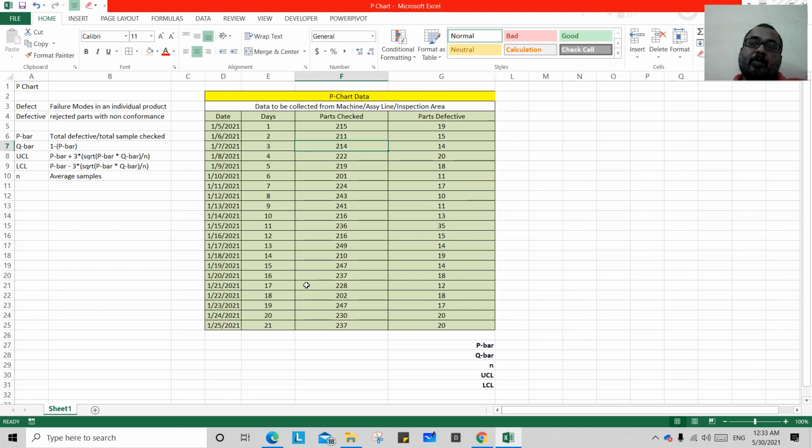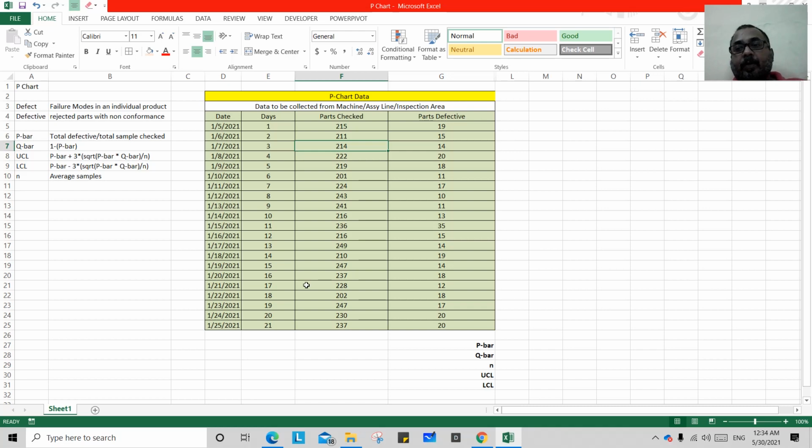Now we need to find out the stability of my inspection machine, the machine which is rejecting or passing the parts, and after that we can go for the capability study. For the capability study, again there is a 2 cross 2 matrix, and CP, CPK and PPK for that. But before going to the capability study, stability has to be established for this machine.